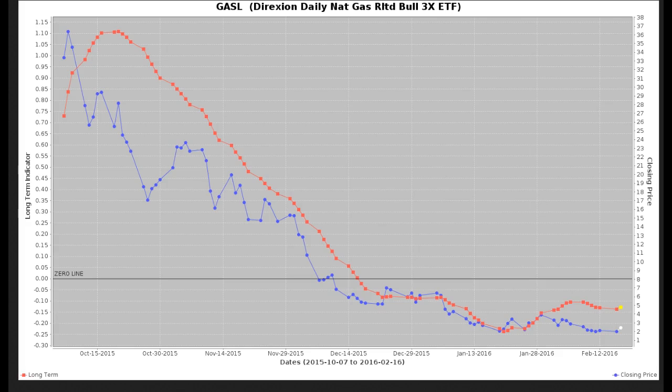This is a quick ETF update on a buy signal that I gave on GASL. This is the long-term oscillator, and it shows that it was in a pretty steep decline, going back to October 2015. And then you can see it's pretty much been going sideways here. And now the long-term oscillator is starting to move up, albeit slightly, but I think it's going to start accelerating